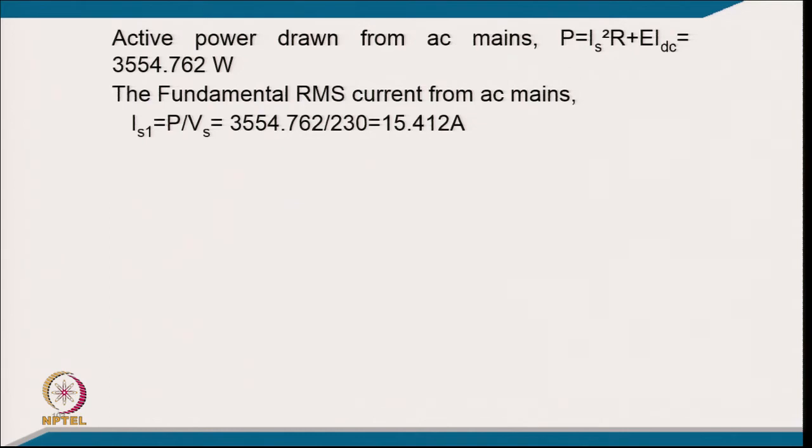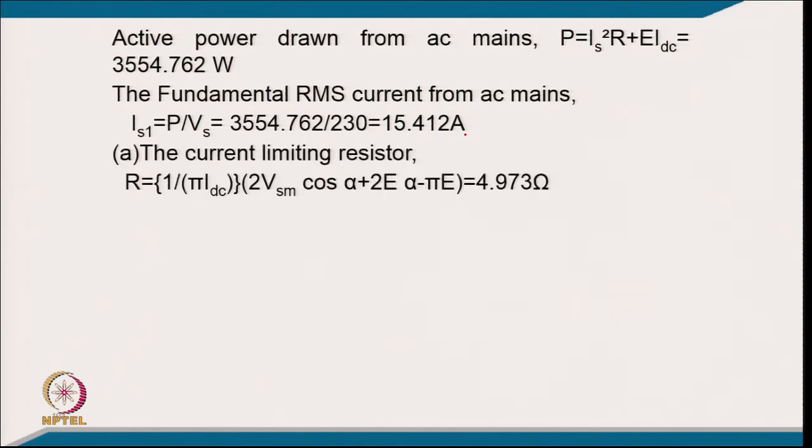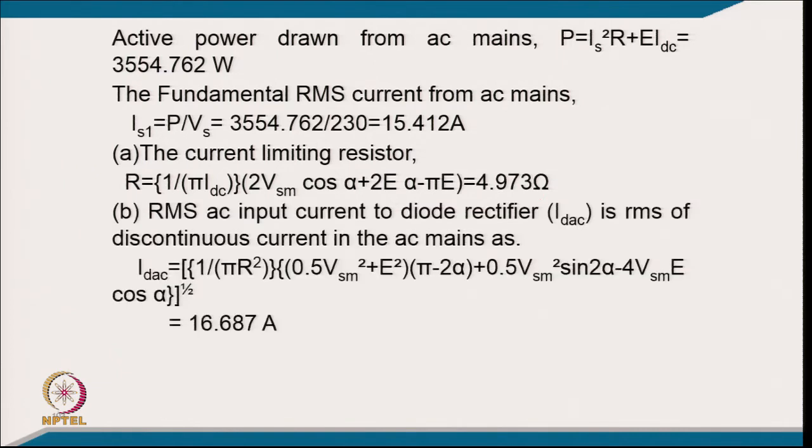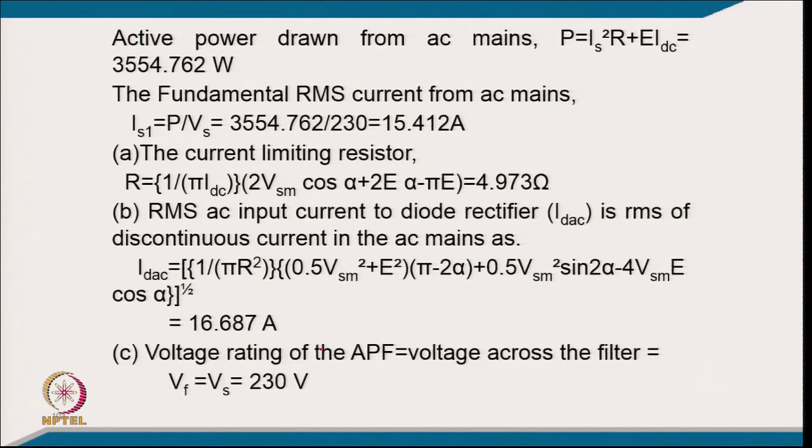This again, 3554.763 by the voltage 230, so it comes 15.412, and the RMS current in the limiting resistor we already calculated, 4.9. From this relation, the RMS current in diode rectifier we also calculated, so it comes 16.687, and the voltage rating of the shunt active filter is the same as 230 volt, connected in shunt with the load,